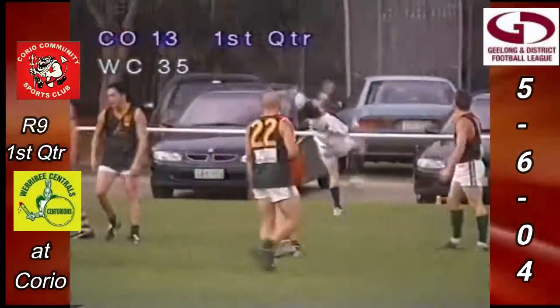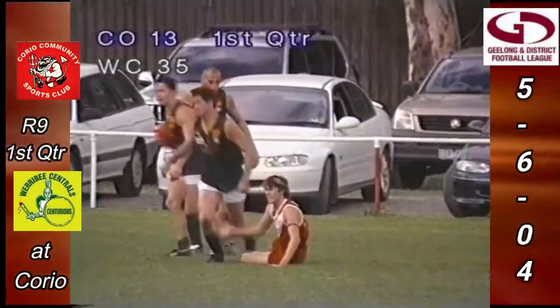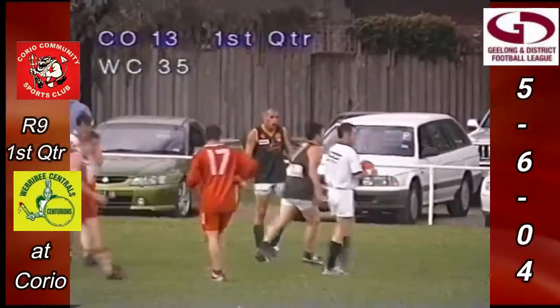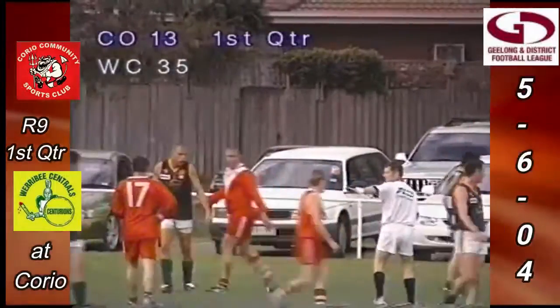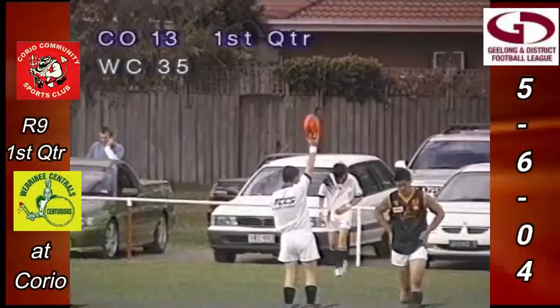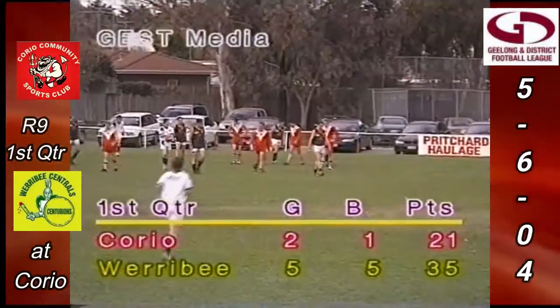32 minutes gone. Out of centre wing as Tate taps the ball down beautifully for Corio. Potter absolutely wrapped up, a gang tackle there. The Werribee defenders, they're certainly not giving any free kicks or easy kicks away in this first quarter. As the siren sounds, it is quarter time here at Shell Reserve, and at quarter time the home side Corio